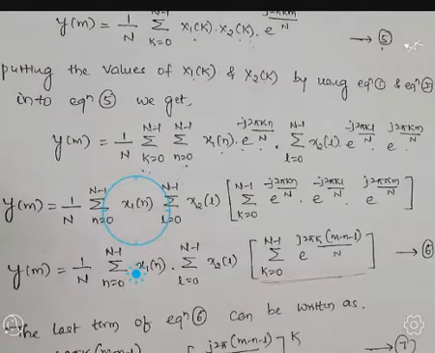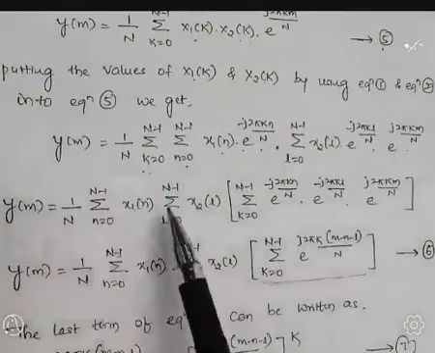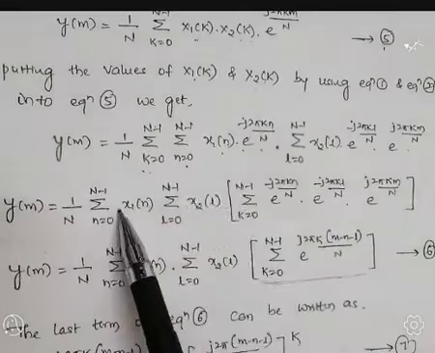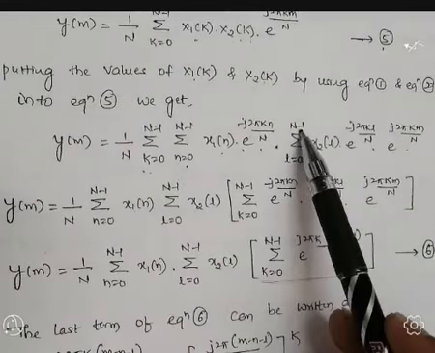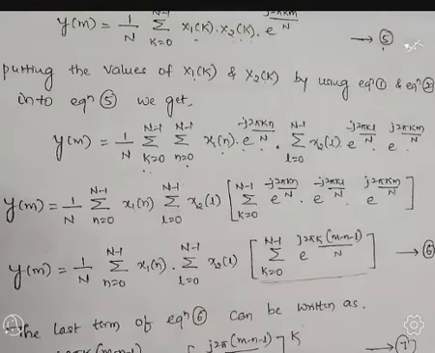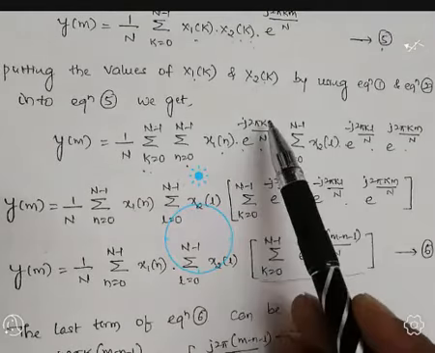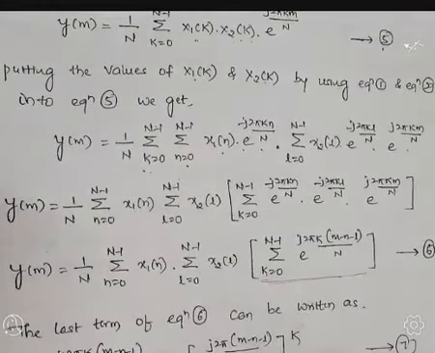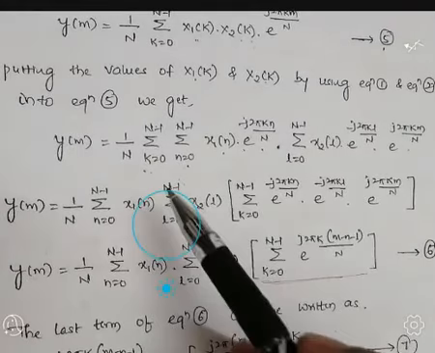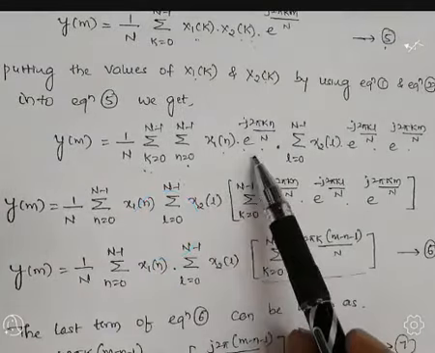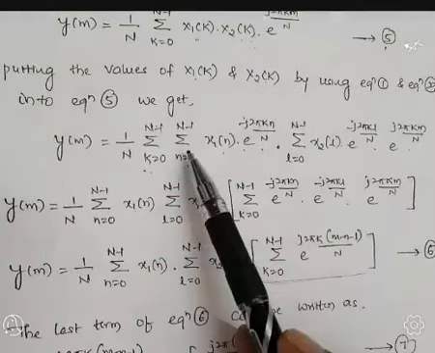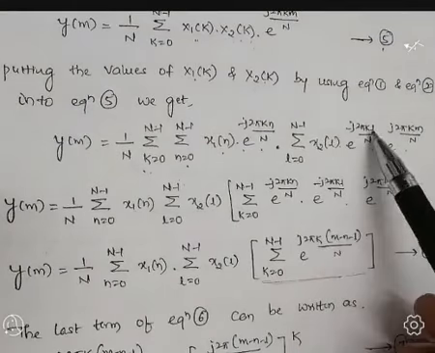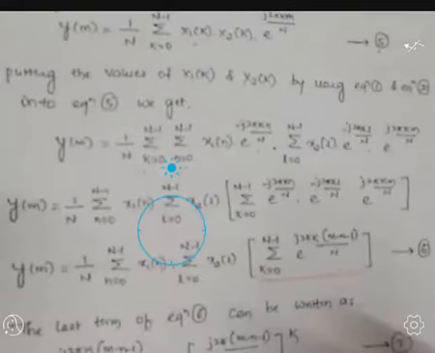Next step is y of m as it is, I will take. Now I am going to take the summation over the limits n equal to 0 to n minus 1, x1 of n outside. Then summation over the limits l equal to 0 to n minus 1, x2 of l outside. Because in all the terms, here k is there, here k is there, here k is there. But the index k is present in the summation term. So I will take these parameters to one side. Inside the bracket, I will take summation k equal to 0 to n minus 1. Then e to the power minus j 2 pi k n by n. Next, e to the power minus j 2 pi k l by n. Next, e to the power j 2 pi k m by n.